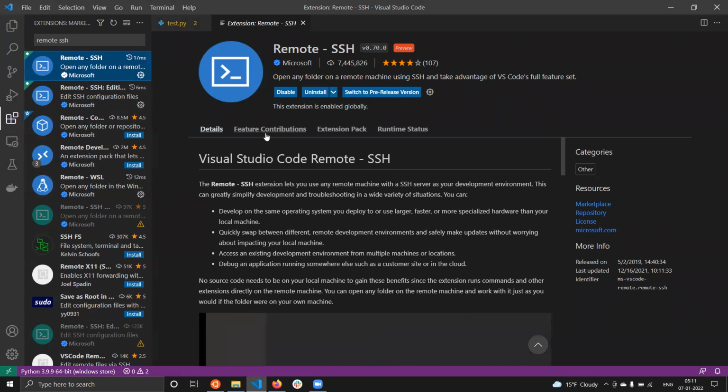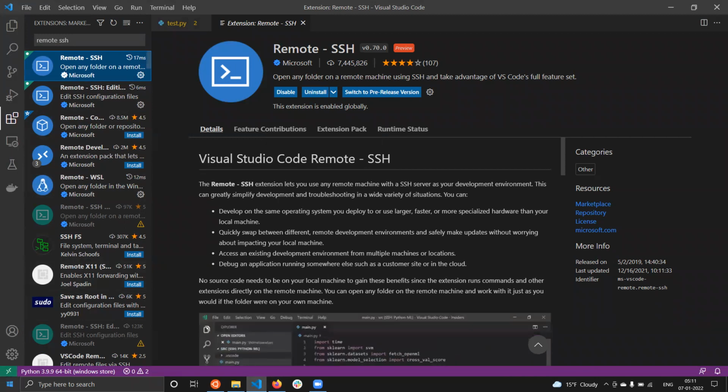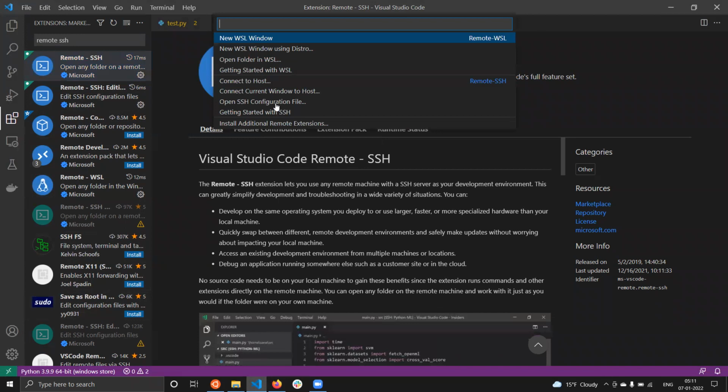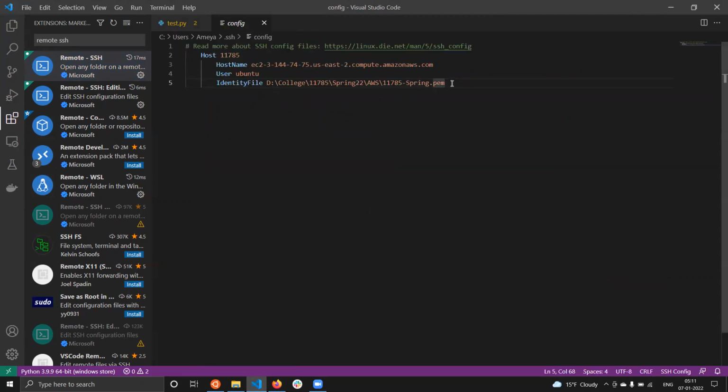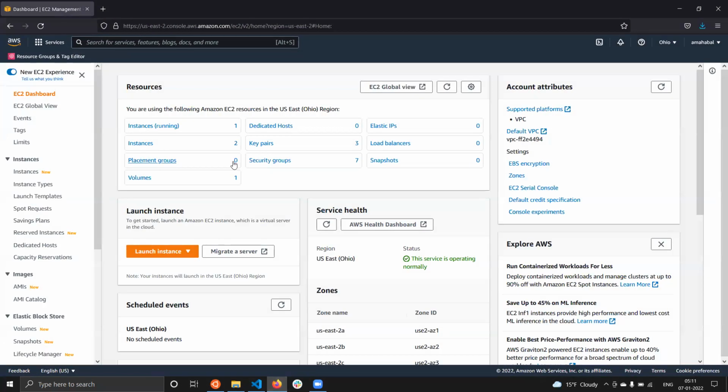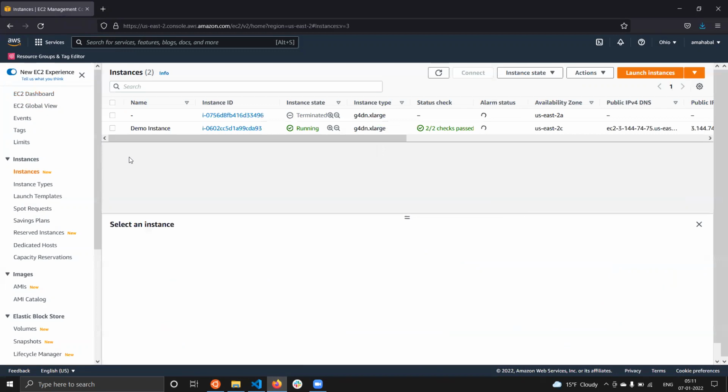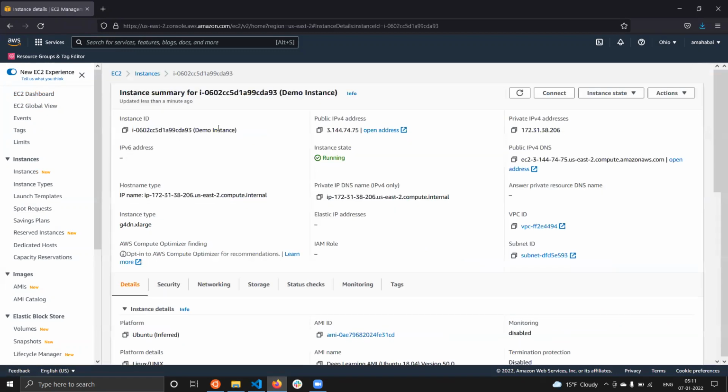Now to configure this SSH connection, click on the green symbol and click on open SSH configuration file. You'll see a couple of files here, but you want to select the one that ends with .ssh/config. When you go to your EC2 instances page and click on the instance that you want to connect to, you'll see a public IPv4 DNS address.